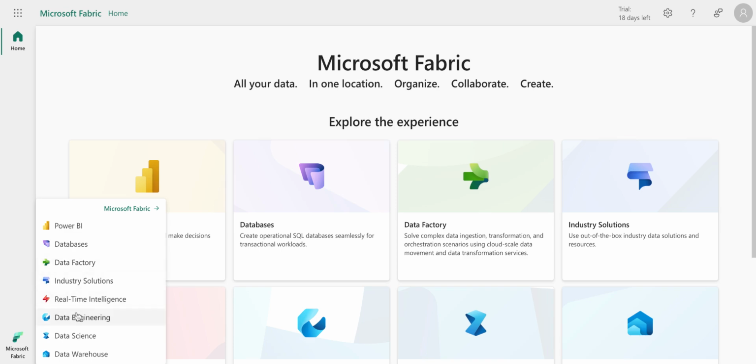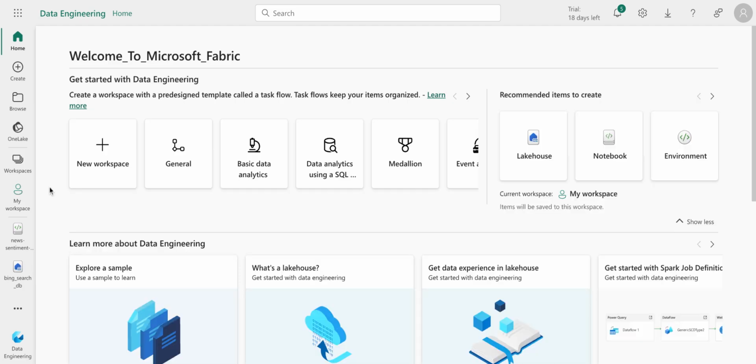So let's first go into data engineering. If you click on it, you will end up in the components that are related to data engineering. We are not going deeply into it right now. We will come back to all the components and how we can use them. Here, I just want to touch base on a couple of things. As you see here, OneLake is associated with this tenant. By default, you get OneLake, and also you get your own workspace. So if you click on My Workspace,